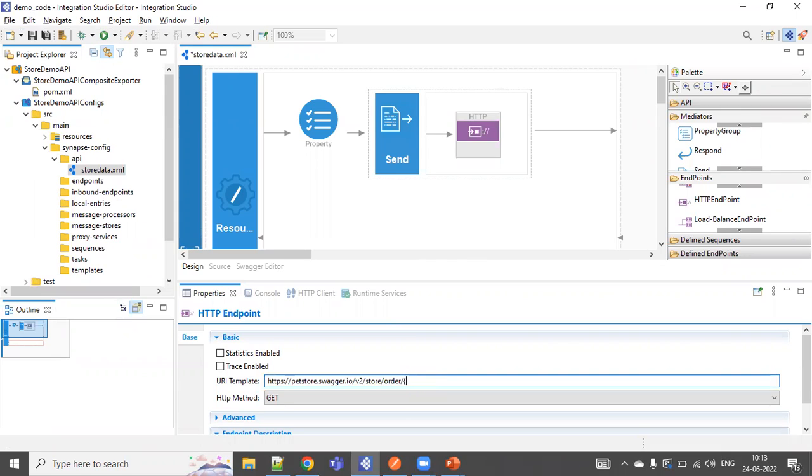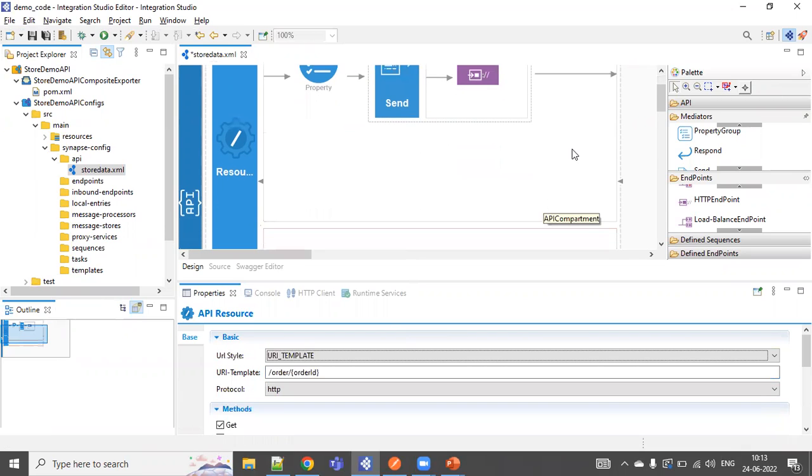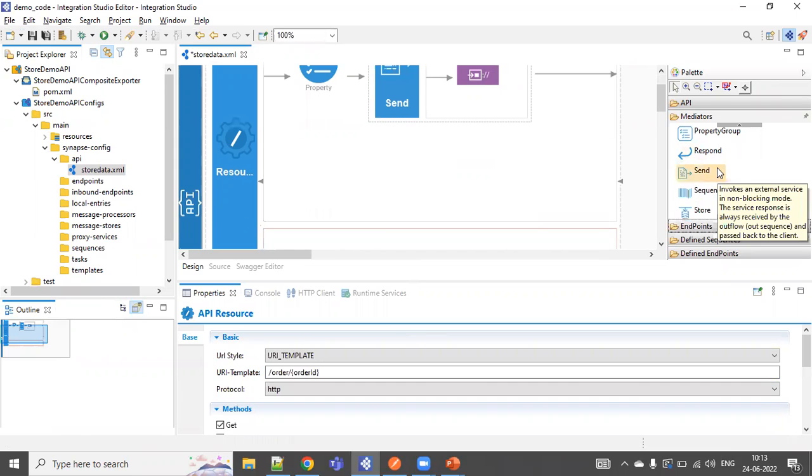request. So we need to give the name URI dot var dot order ID, so that it will take the order ID from the request, and the in sequence is completed. Once we complete the in sequence, we will send the request. We will get the response from the client. After that,